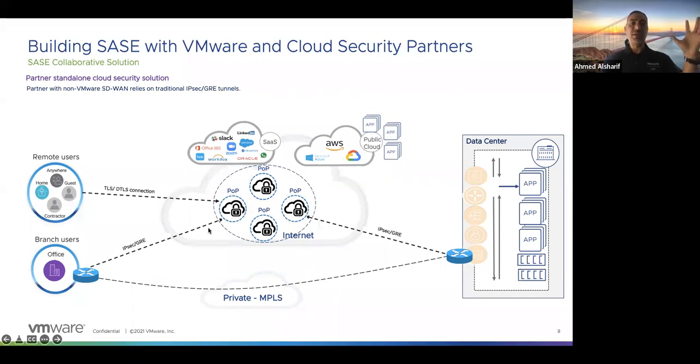That's because they are only providing security. They are not providing SD-WAN. On the other side, VMware is an SD-WAN company in the first place, so with VeloCloud, you are coming to these POPs with an SD-WAN. So that's the difference. High-speed optimized versus an IPsec tunnel, which is not optimizing the traffic, not doing anything.